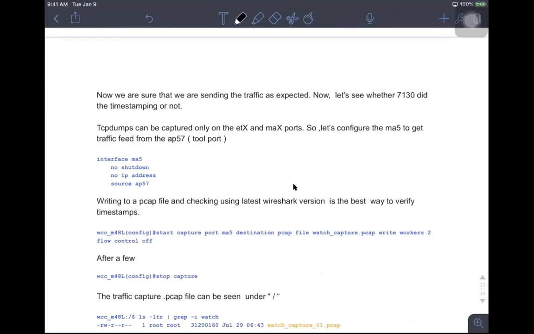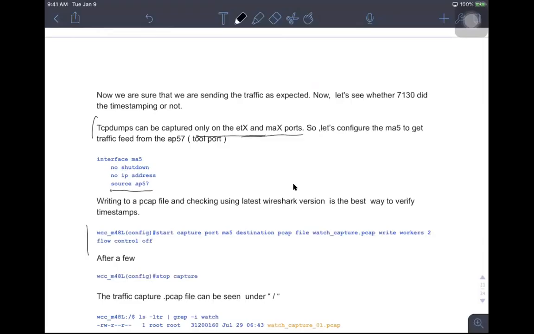As I said earlier, I'm configuring a management interface and sourcing it from AP57. The thing with the 7130 is that TCP dumps can be captured only on ETX and MAX ports, so there is no way to capture on the application ports. That's the reason I'm using management ports,